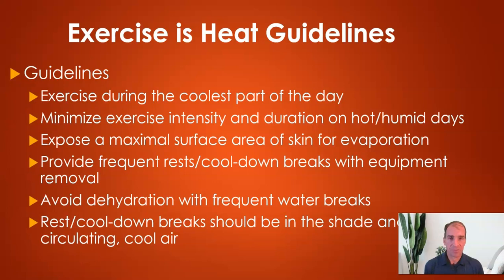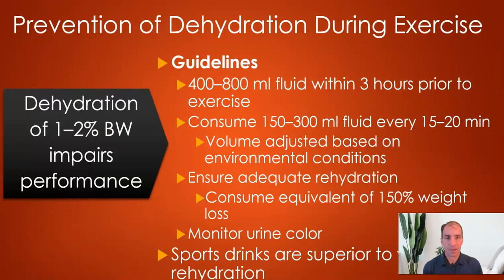And obviously, we could also include here, it's very common for some runners to use ice cubes or some cooling device underneath a hat or something like that, or getting ice at various breaks to help with conductive loss of heat. And so, not surprising, all of these guidelines are somewhat related to these 4 factors that we've talked about previously,